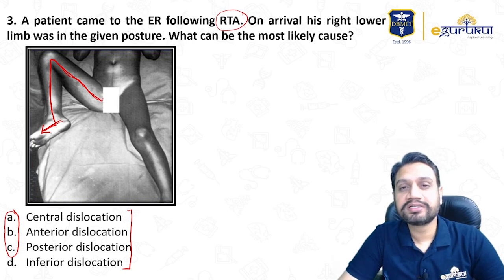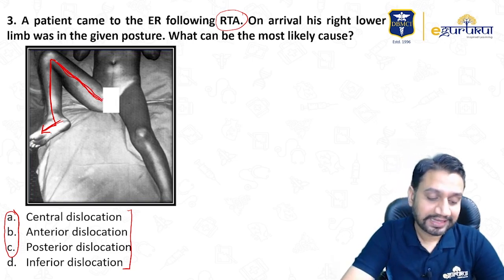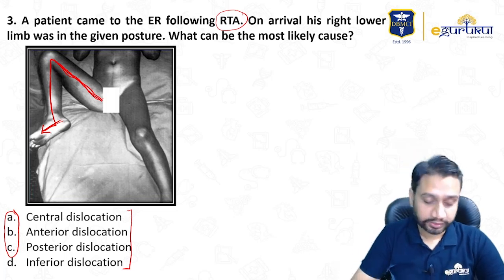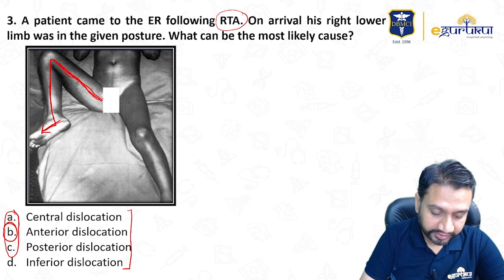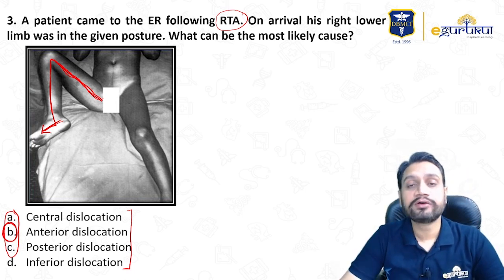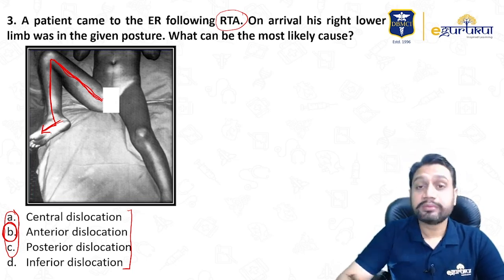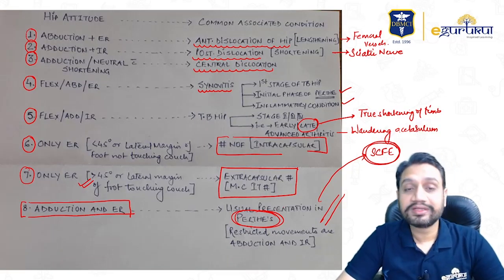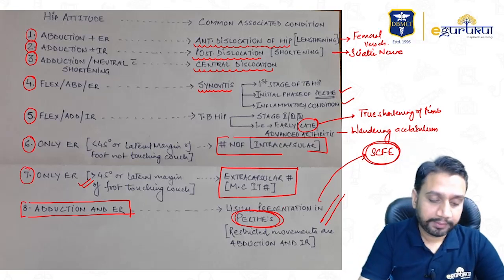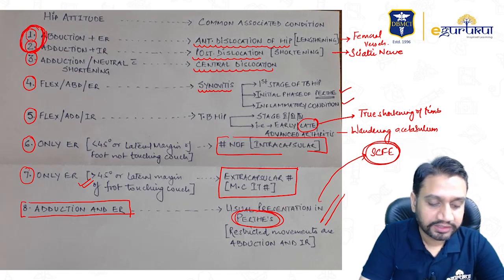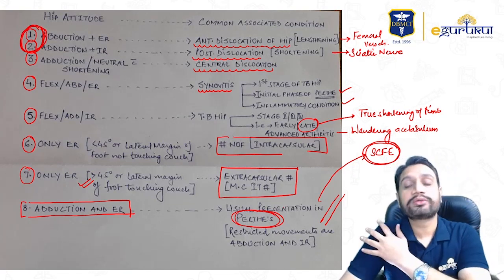Whenever there is flexion, external rotation and away from the midline, that is abducted. So abduction and external rotation is usually related to what kind of dislocation? It is your anterior dislocation of the hip. So I want you to remember the attitudes of the limb in any of the dislocations or any of the mentioned conditions. Similar to the hip, in the upper limb also, the two mentioned criteria, adduction and internal rotation, and abduction and external rotation, will be similar to your shoulder dislocation also.